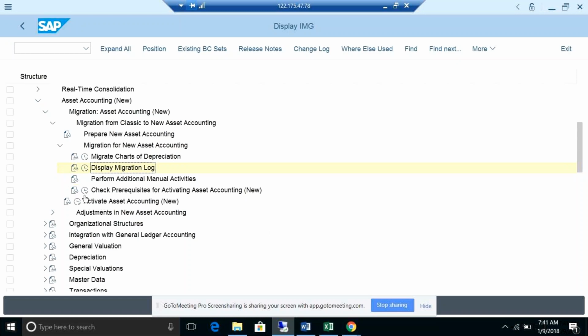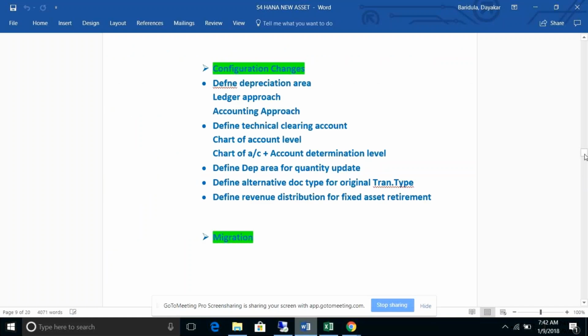And this is check prerequisites for the activation of new asset accounting. These are all things we have discussed in the theoretical part. If you want to go for new asset accounting, what prerequisites do we need to set up? Those things we have already seen. So these are the prerequisites which I covered here.